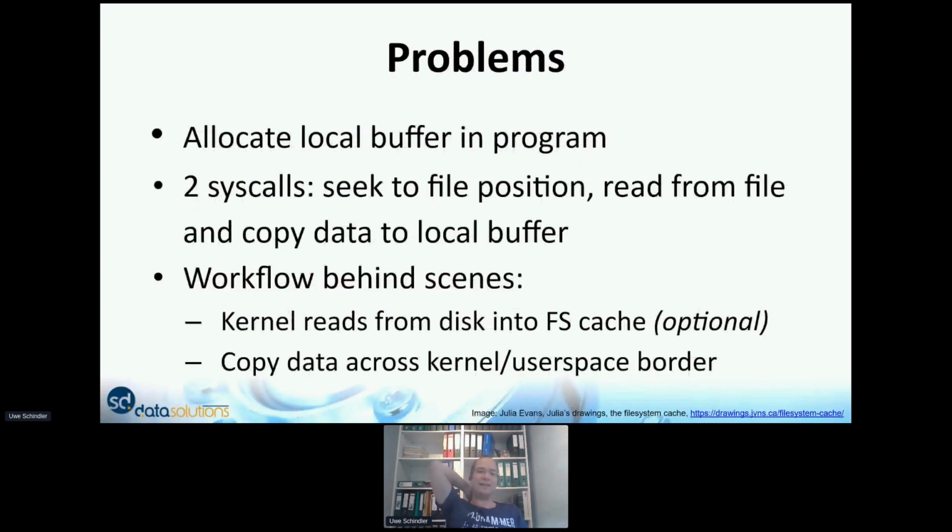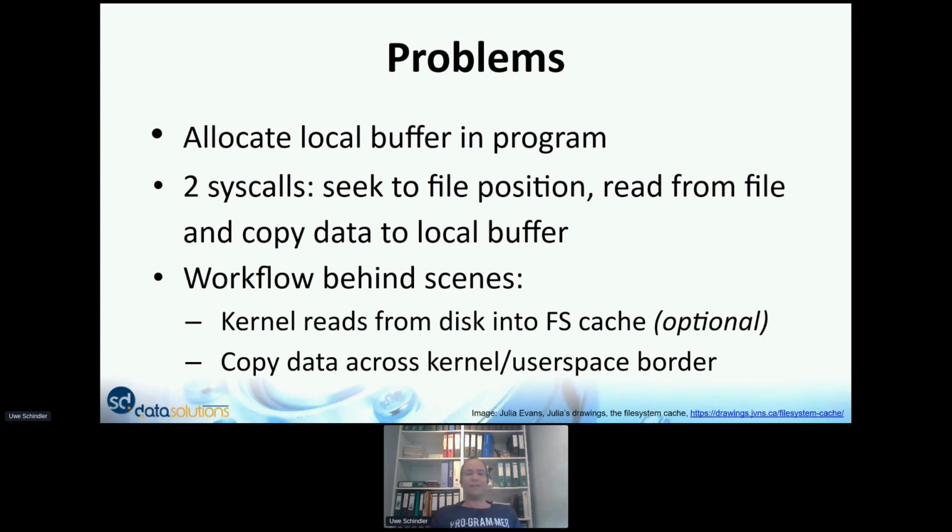The problem with that is you have to allocate a buffer in your local program, and you have to do two syscalls. That means you have to transition two times to the operating system kernel: one time to seek to the file position, and the second time to read the data and copy it to the local buffer, because the kernel just reads it into its private address space, and when it hands it over to you, it needs to copy the data to your local buffer.